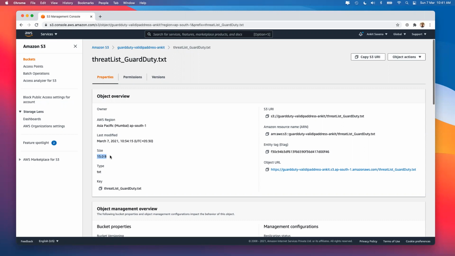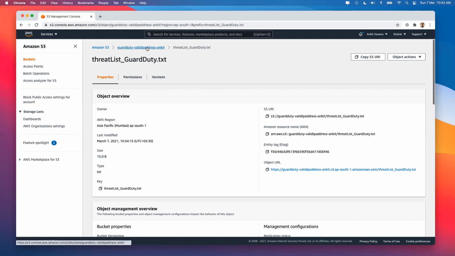I don't think that you are ever going to hit that big count, but just in case you are, the maximum is 2000 in one trusted IP list, and in total 250,000 IP addresses. The size of your file should be around or less than 35 MB. This 15 bytes is perfectly fine for AWS at the moment.